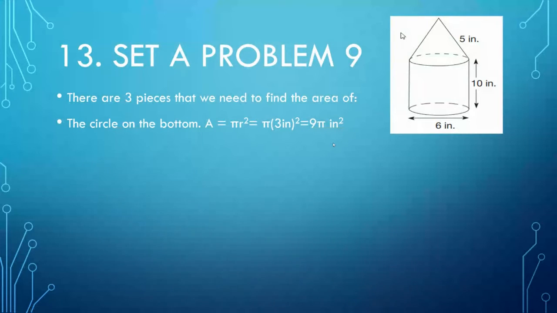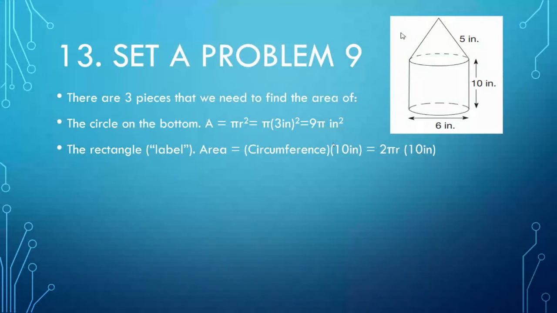First of all, there's the circle on the bottom, and the area of a circle is pi r squared. So we do pi times 3 inches squared. That gives us 9 pi square inches. That's for the bottom. And then I like to think of the outside part of a cylinder as being like